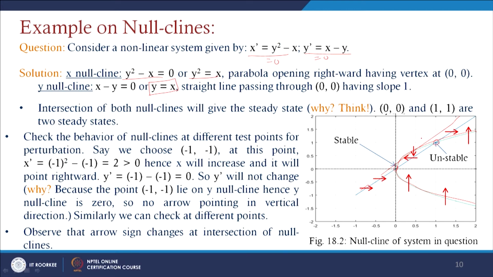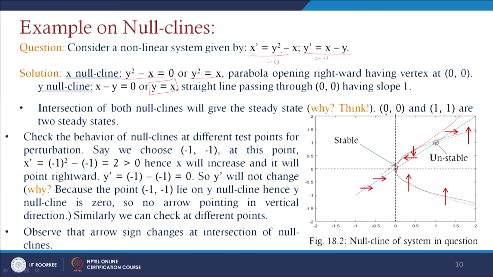and at these points, this provides us x dash equals to 0 and y dash equals to 0. So, that is why they are the steady state points. And if you go for the analysis of the behavior of nullclines at different test points, we will take a small perturbation close to the steady state points, and then we can visualize how these perturbed points behave in the closer neighborhood of the steady states. Depending on that, we can say whether it is a stable point or an unstable point.